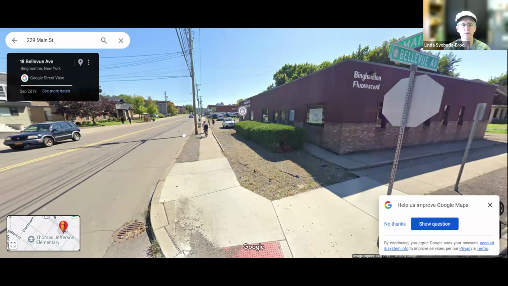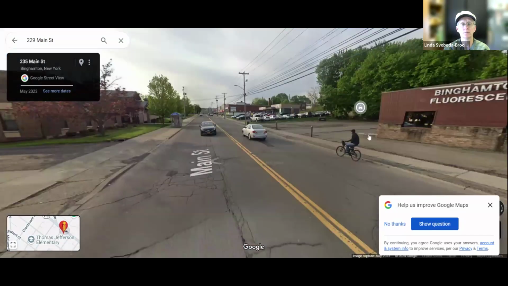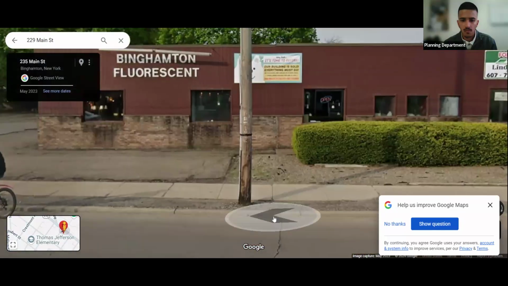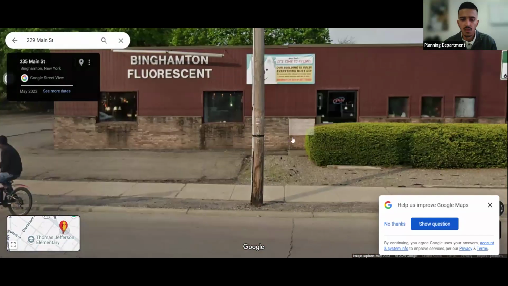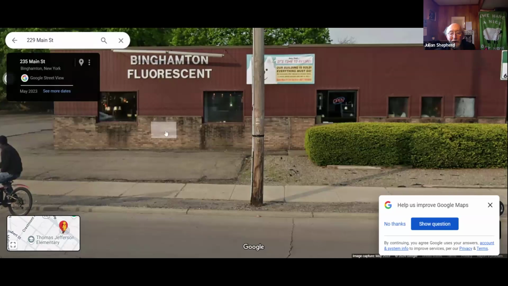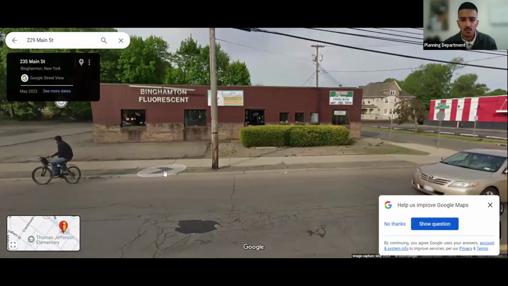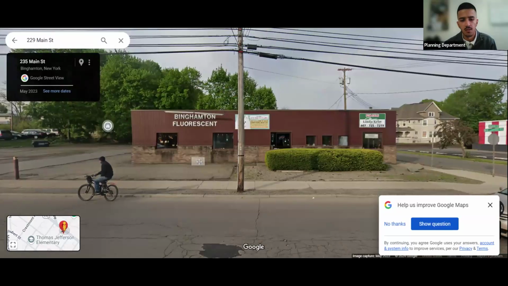That strip of lawn on the other side might not be big enough for a tree. They're also planning on, I believe, an entrance from the front. Oh, really? I see. That's what they were discussing at the meeting. So depending on if they choose to pursue that, a tree might not be possible.